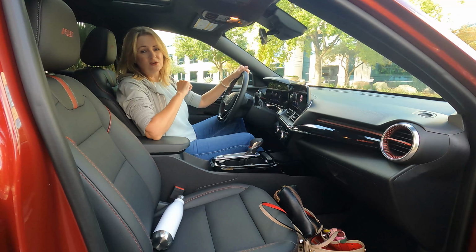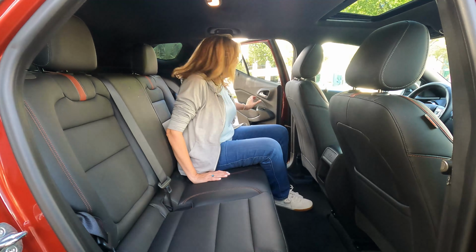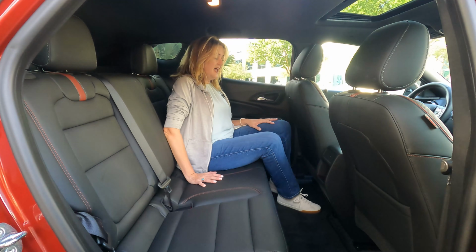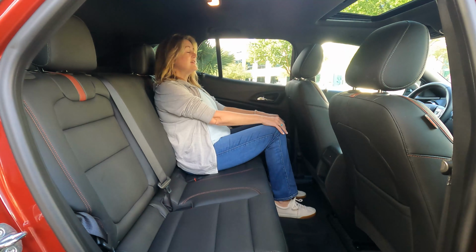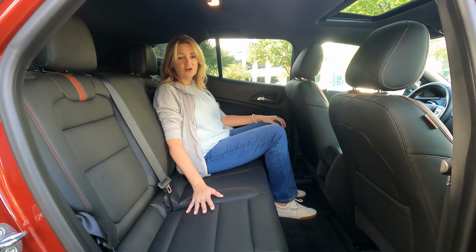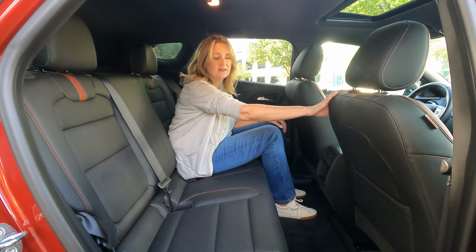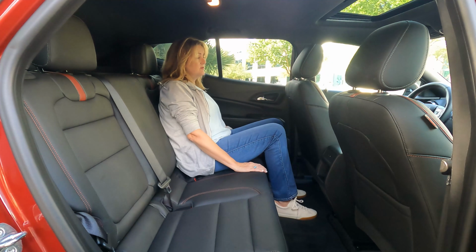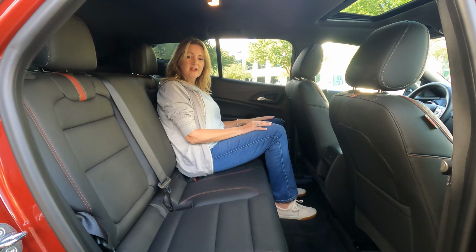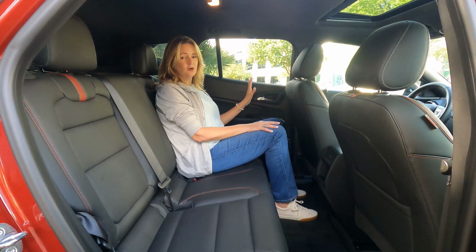Now, let's go take a look at the rear seat and see, is that where they made all the compromises? Well, to answer my own question, yes and no. The one thing I will say is, look how much legroom I have. This back seat is actually quite sizable. I had my child passenger car seats installed. This rear-facing one did not really impede legroom for the front seat passenger. And then, of course, the front-facing seat fit just fine. I found them okay to install, not as easy as maybe in a larger SUV with wider opening doors, but